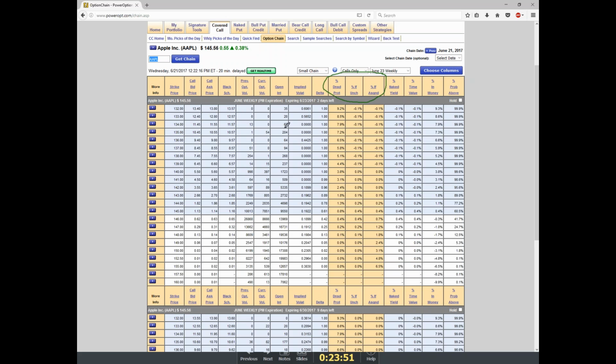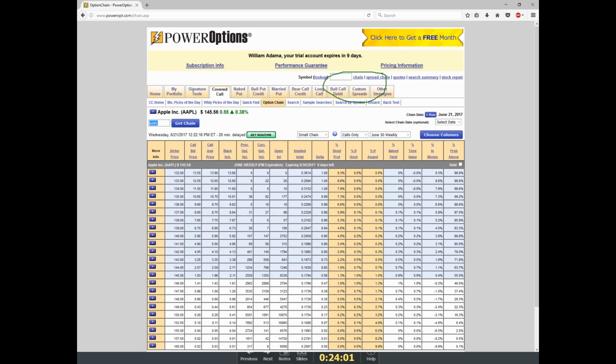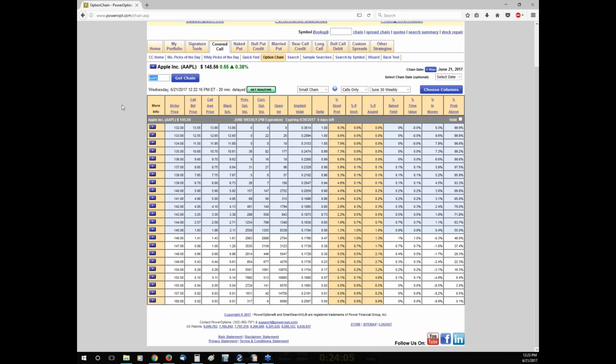So I can quickly compare if I want to go 2 weeks out in time or to next week's expiration. Go ahead and customize that. Let's go to June 30th. I can see immediately with the stock at 145.56, if I was to trade the slightly in the money 145 call in this position for 9 days out, we'd get about a 1% return for a 9-day trade with a 1.3% downside protection, with about a 55% probability of